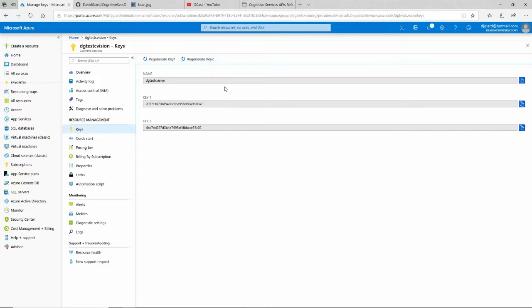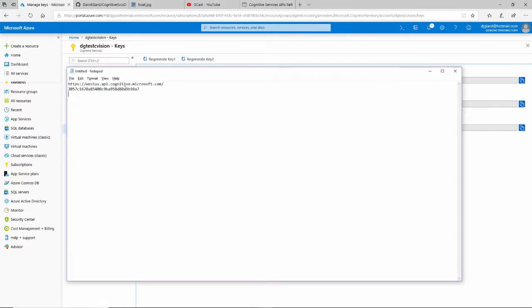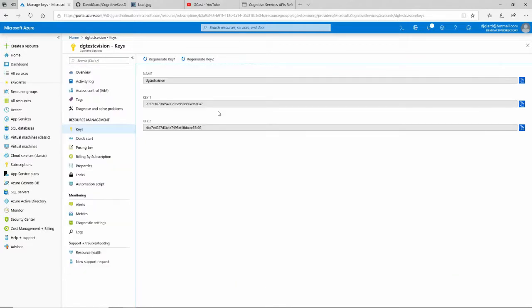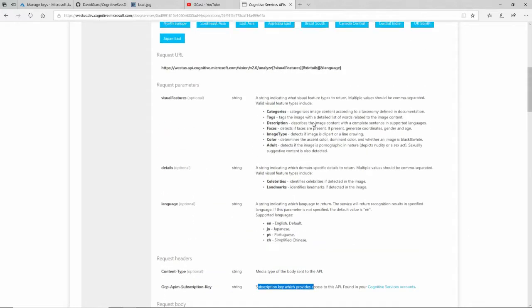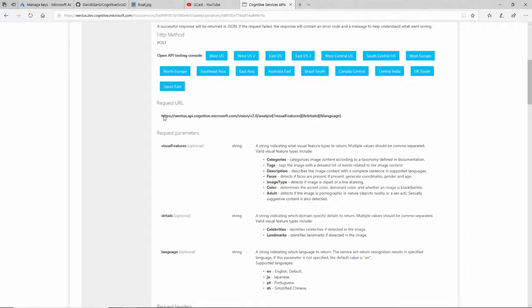That's why there's two of them right here. So I'll make sure I have those two pieces of information right here. That's really what I need. And that's what goes here in the header, is my key right here. My URL is this bit right here. Those are why those two pieces are important here. That might actually not be West US. It might be